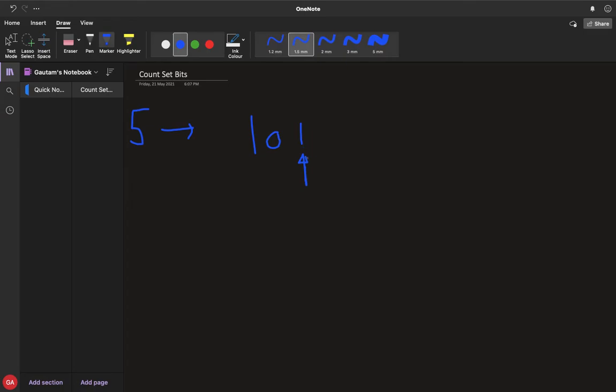And after each check, we'll just cancel this value. What's the meaning of cancel it? We'll just reduce this 1 so that we could check the other bits.